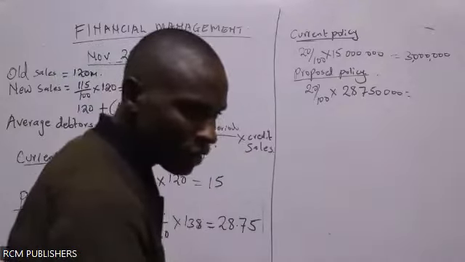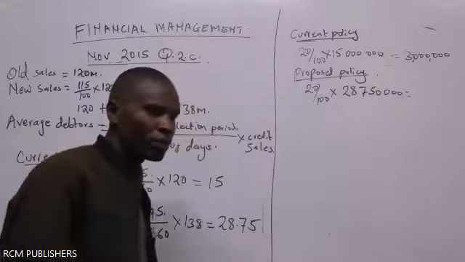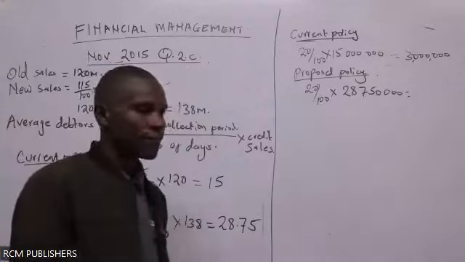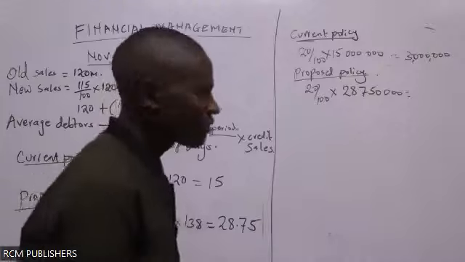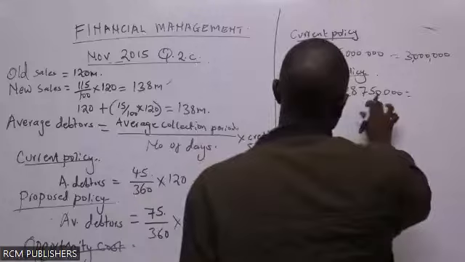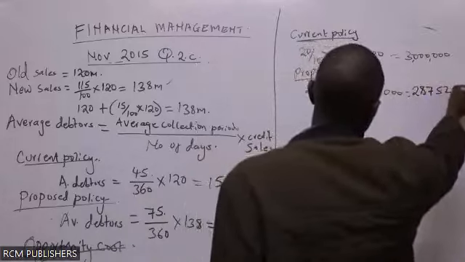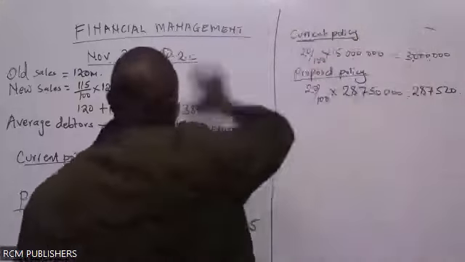Kama tumepewa zote hapa. 3 million. Thank you. In that then, how about the other? 287 by 20. Sasa unasema if you have that information,